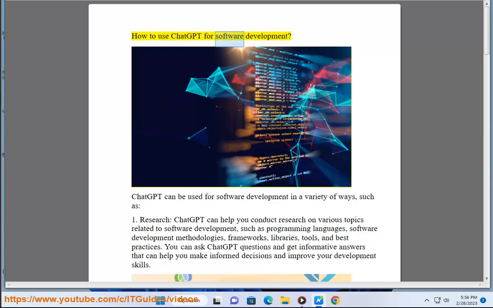How to use ChatGPT for software development. ChatGPT can be used for software development in a variety of ways, such as: